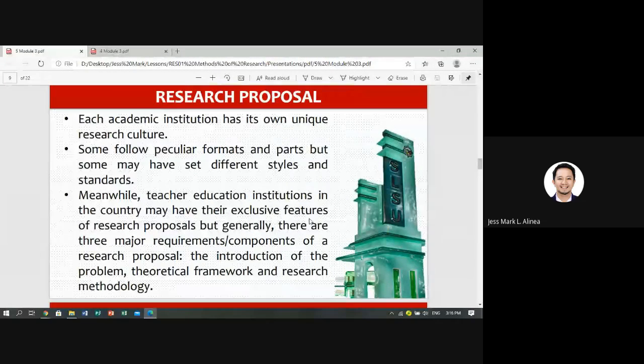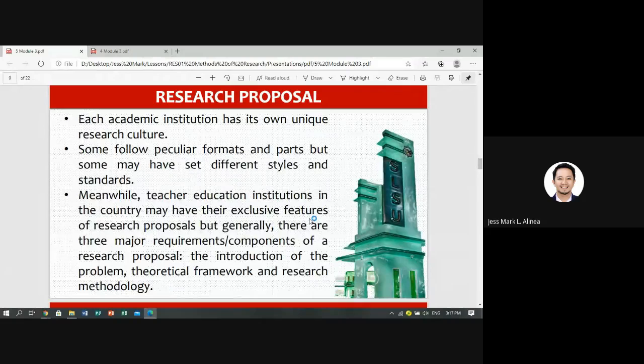Pero pag IT, hindi masyadong nag-adhere sa APA. Pero kahit na ang Comprog ay nasa IT part somehow, hindi pa rin natin pwedeng hindi sundin ang APA simply because the format na ginagamit ng university is aligned to the APA. So kung anong ginagamit ng institution, doon tayo susunod.